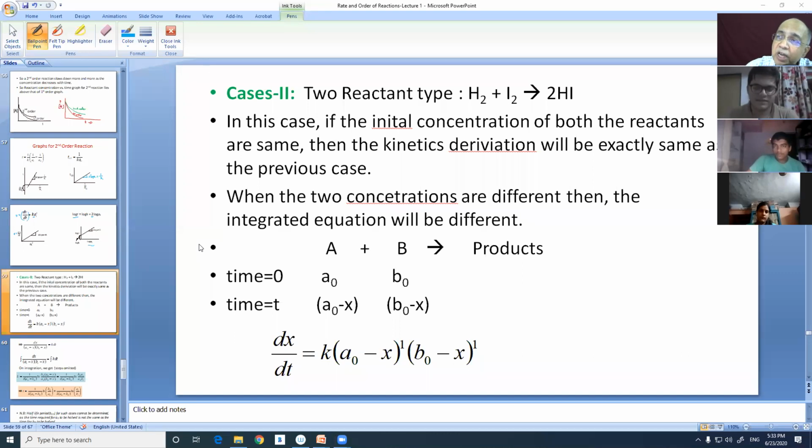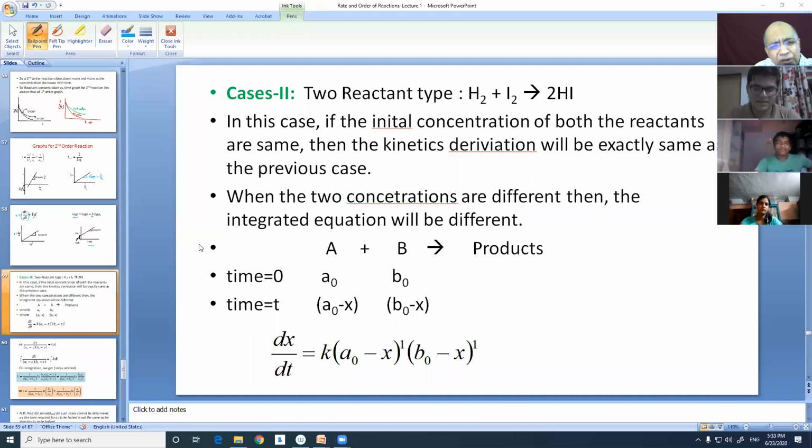And who can tell me what is the half-life period? t0.5 is equal to, who can tell me? Somesri Panda? Half-life period for a second order reaction of that type. The case one type is in your course. The one which we are going to do now is not in your course, but I will make it in your course. Don't worry. So tell me, just like first order is 0.693 by k, which was not carrying any initial concentration term, it is constant. So in second order, what value did you get?